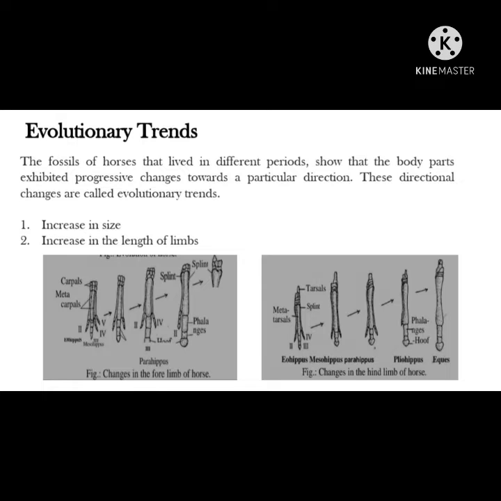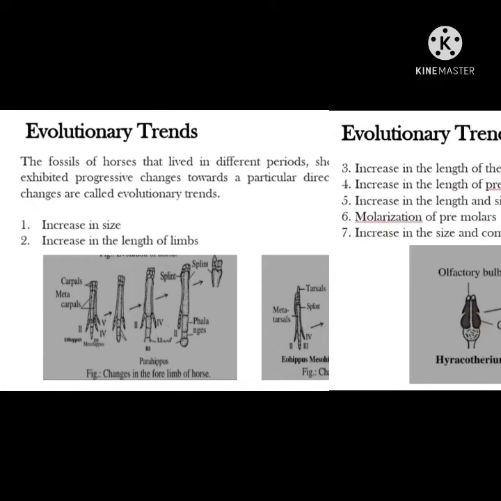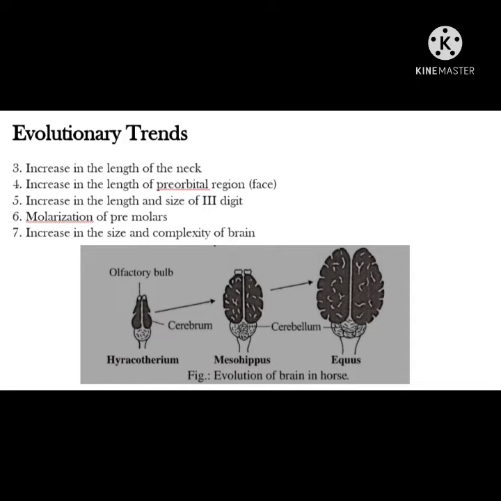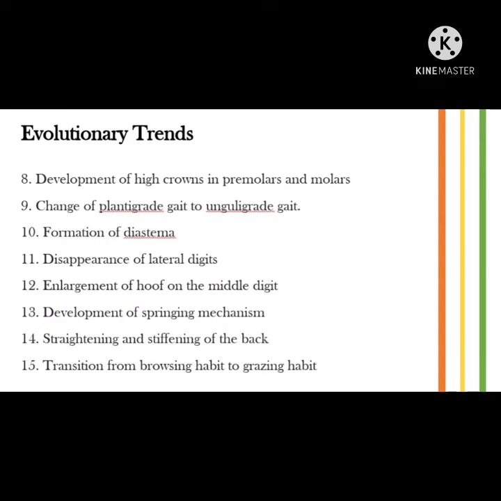These are the following: increase in size, in the length of limbs, neck, preorbital region or face, the length and the size of the third digit, molarization of premolars, development of high crown in premolars and molars, then formation of diastema, increase in the size and complexity of brain, from plantigrade to unguligrade gait, disappearance of lateral digits and enlargement of hoof in the middle digit, development of springing mechanism, strengthening and stiffening of the back, and transition from browsing habit